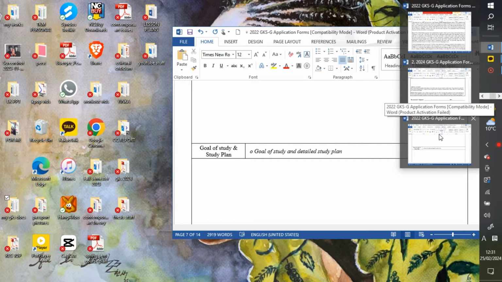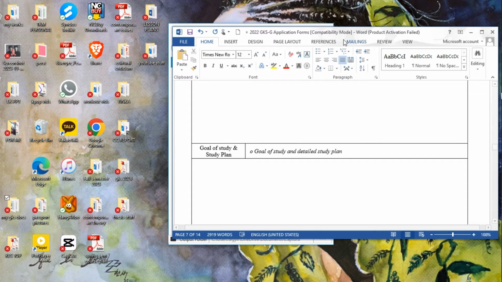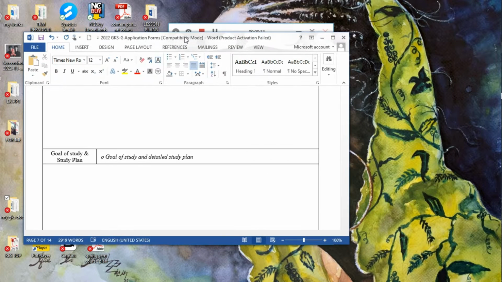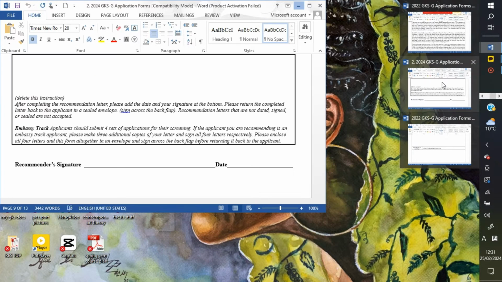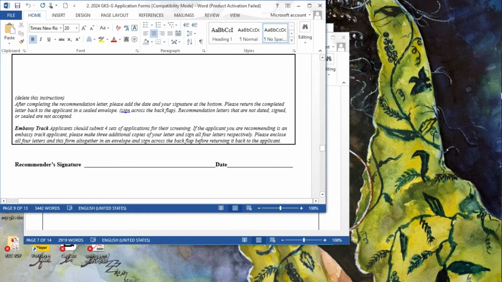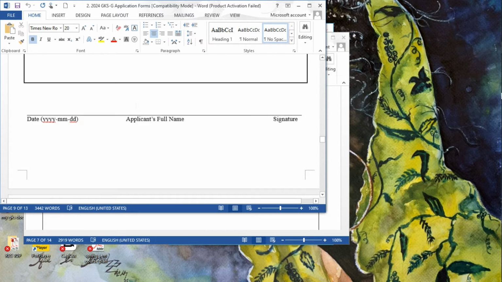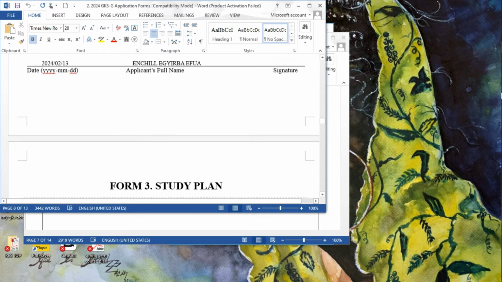Okay, guys, before I start reading my study plan, I just want us to look at the difference between the 2022 GKS scholarship form and the 2024 GKS scholarship form with regards to the study plan. This is for the research proposal study plan.